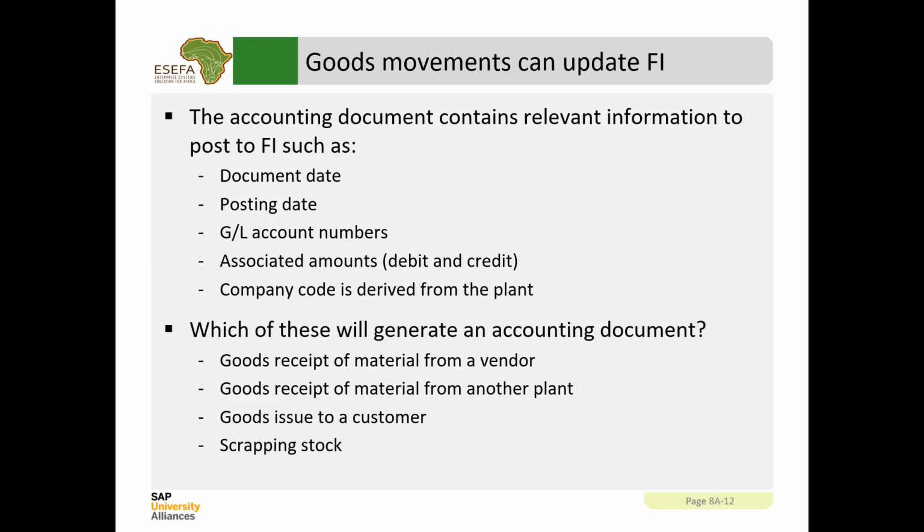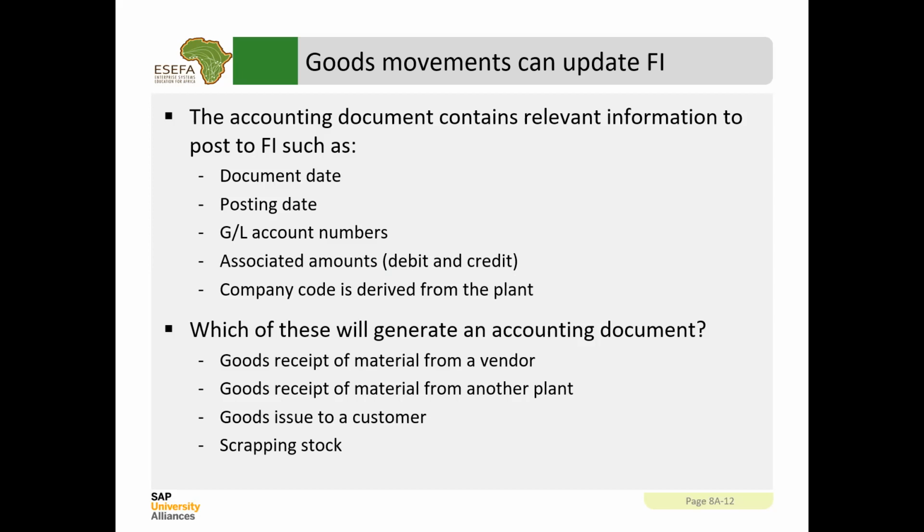Why yes? I think yes, it will, because the valuation of that material before will be higher than what you are scrapping it to. Yes, correct. Thank you very much. Now, scrapping has a lower cost average value compared to the initial cost for that product. So since there is a drop in value,